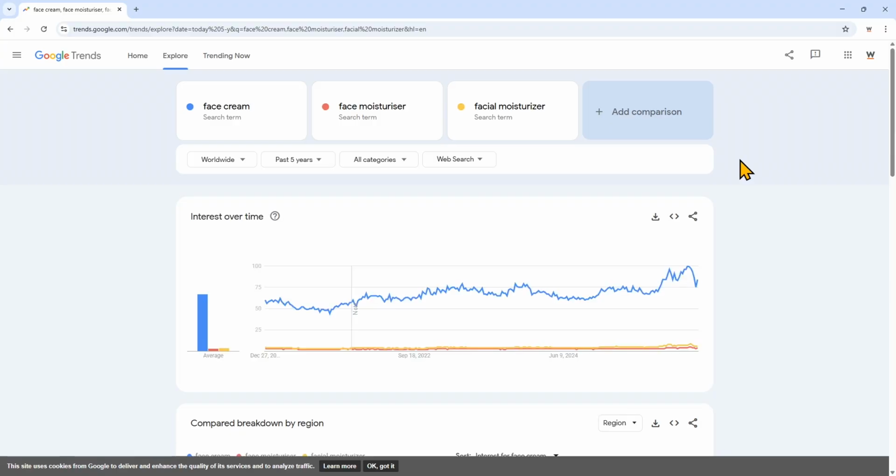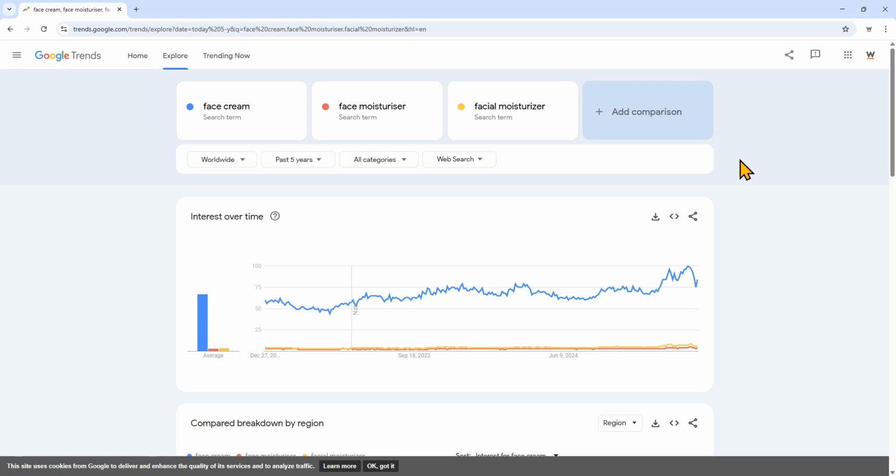So by using the compare feature, it can either help you refine your business strategy to see which products or services you want to offer or optimize for. This can also help you know which keywords you want to optimize for your website content depending on the trending search terms. If you want, you can also compare to competitors or brands, and that can help you gauge market share or how consumers feel about you versus your competitors.